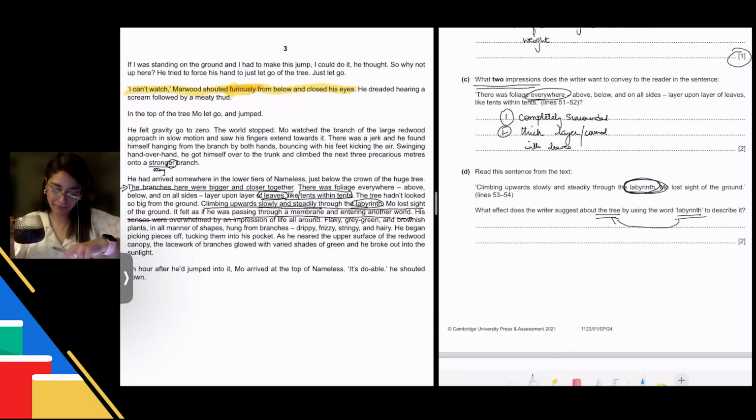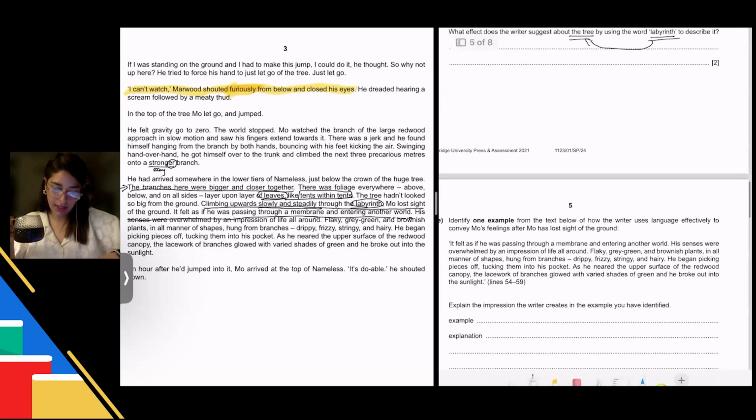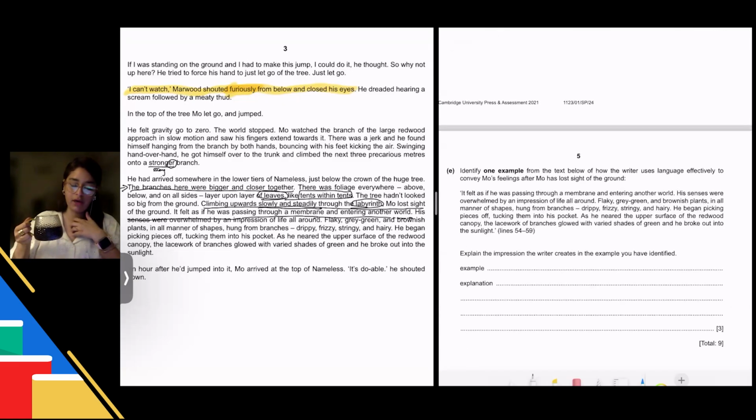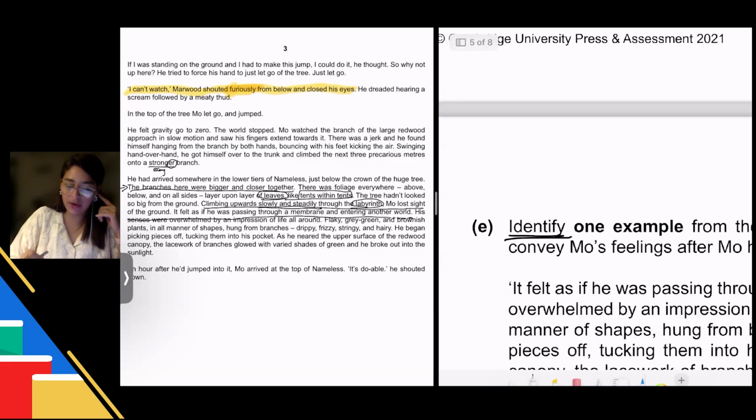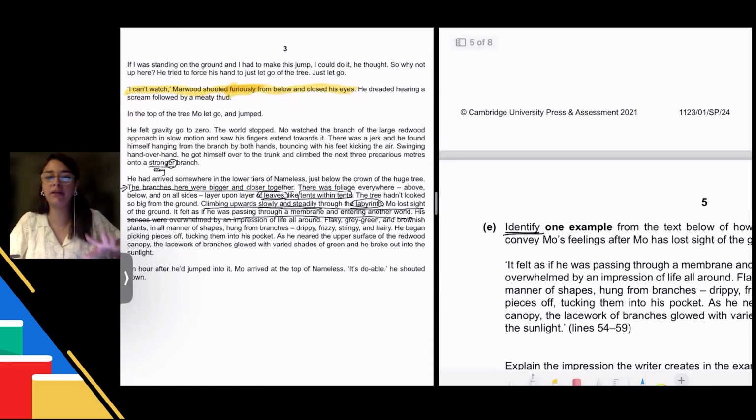Moving forward. Now, this is the last question of question number 2, which is basically introducing another command word, which says identify. Now, in your identify questions, you are simply expected to pick out one piece of information from the given text. This basically means that you are not simply rephrasing or anything. You are just picking out, this is a lift-off question, so you identify. The word identify in this case